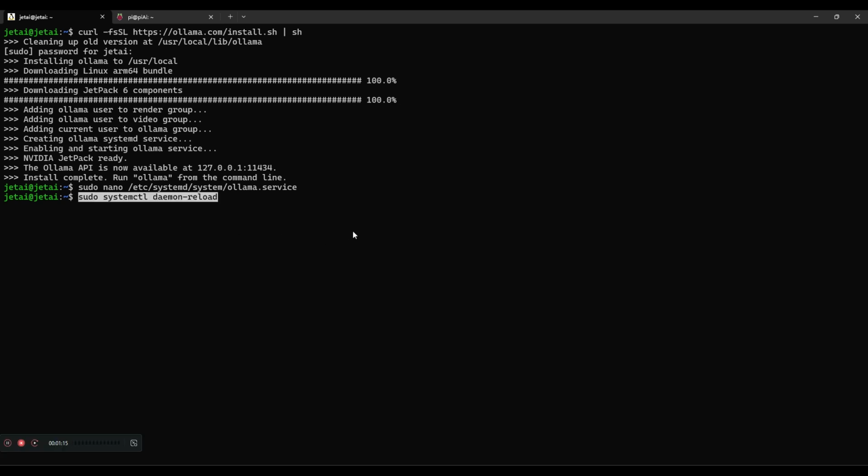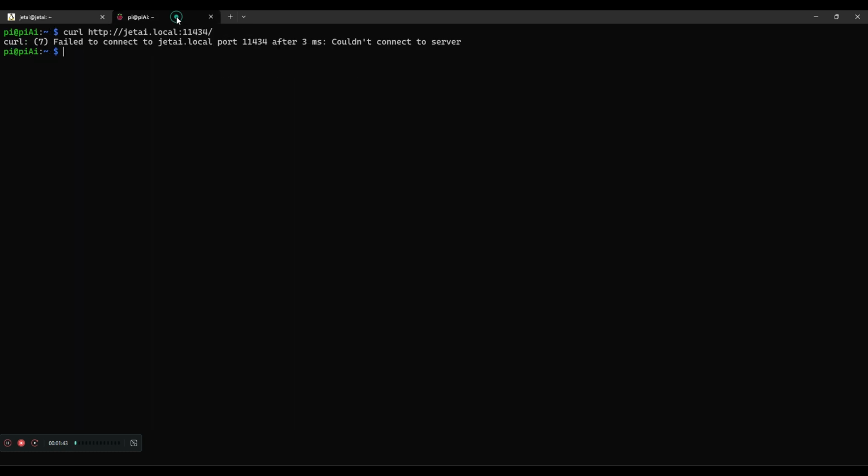Now I'm going to restart the systemd services. So first we need to do that. Then we'll do a restart on the actual Ollama service, so that new environment parameter should be taken. Now if I go over to another machine and rerun the curl command, this time it tells me Ollama is running,